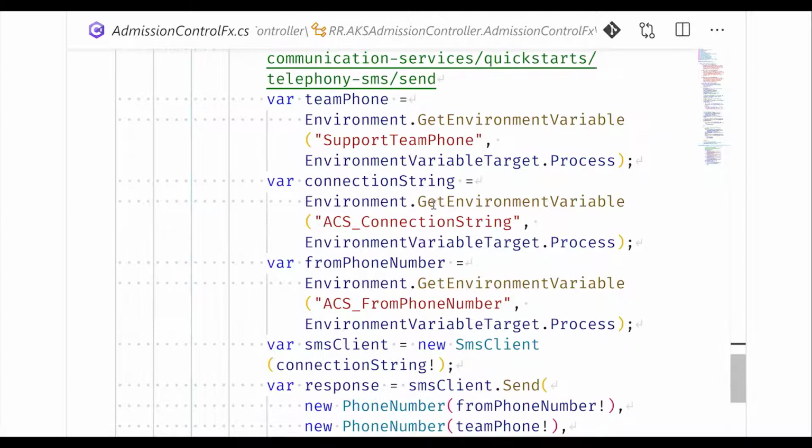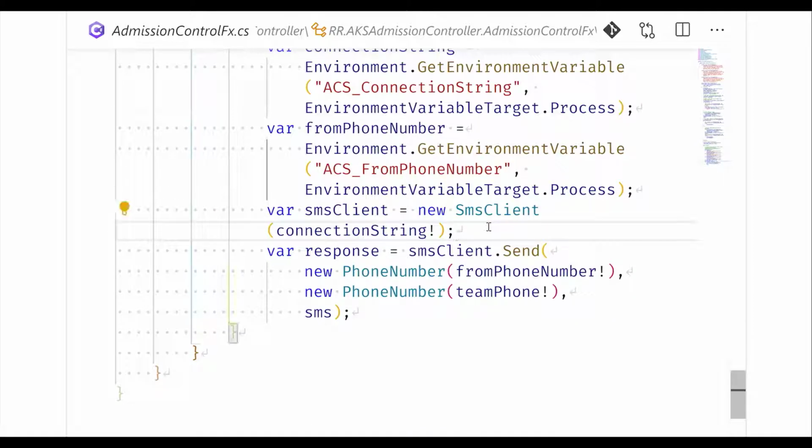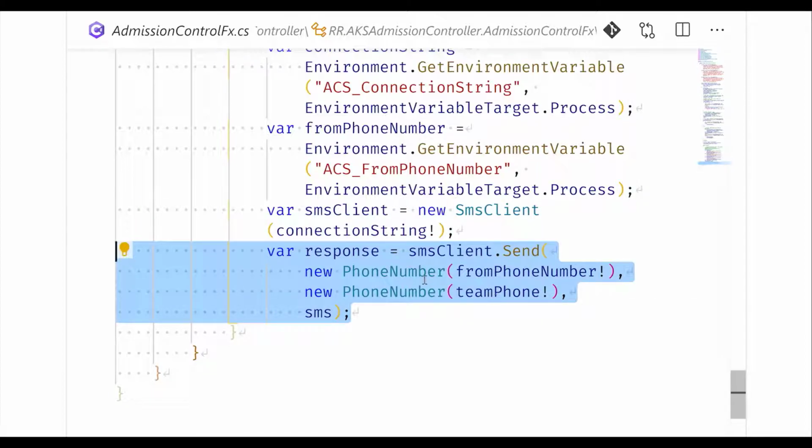All you need to do is to have a phone number, a connection string, and another phone number that is provisioned by ACS. Using these three settings, you can first create an SMS client object. Next, simply send out an SMS using the two phone numbers and the SMS body.